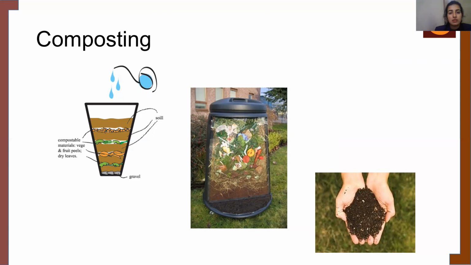Then the biodegradable waste is dumped in underground trenches and covered with old manure and left for decomposition. Organic matter is decomposed by bacteria and is finally converted into a powdery brown colored mass called compost, which can be used in agriculture as fertilizer, and it is a very efficient fertilizer. So that is all about composting. And next is